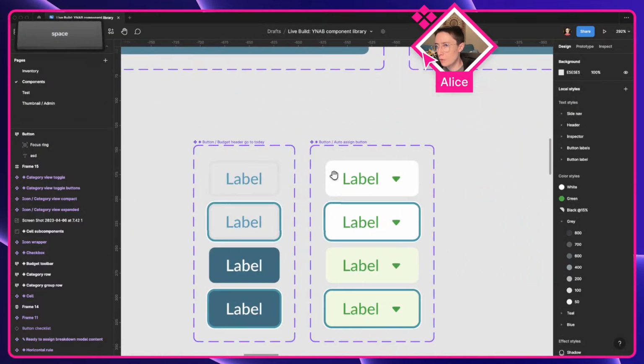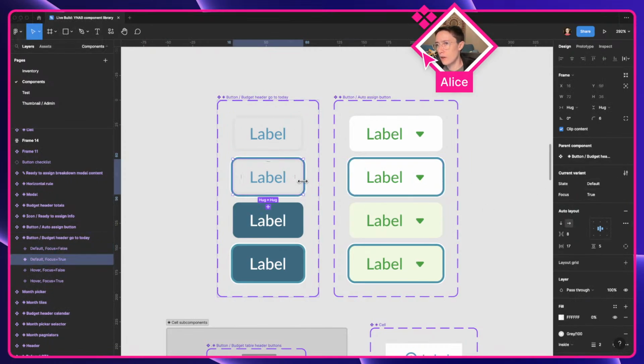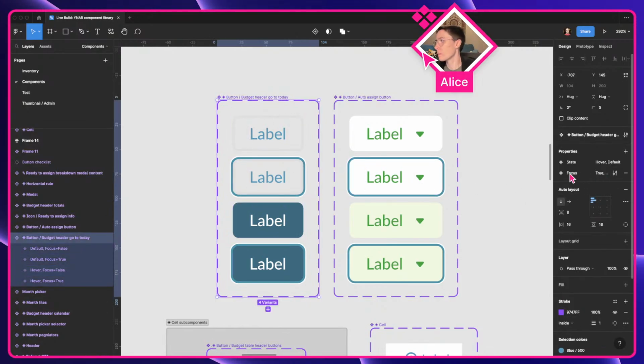For example, in these old buttons that I have, I've got a default state. I've got a default state with focus. Yeah, you can see I broke it out as a separate property. A lot of folks, I think, tend to put focus state as a state, just right alongside their hover state or their pressing states. But the thing is you can have an object that's set to focus, but you can also hover on that at the same time. Maybe you don't want to have a unique effect for that, but yeah, focus is something that can,